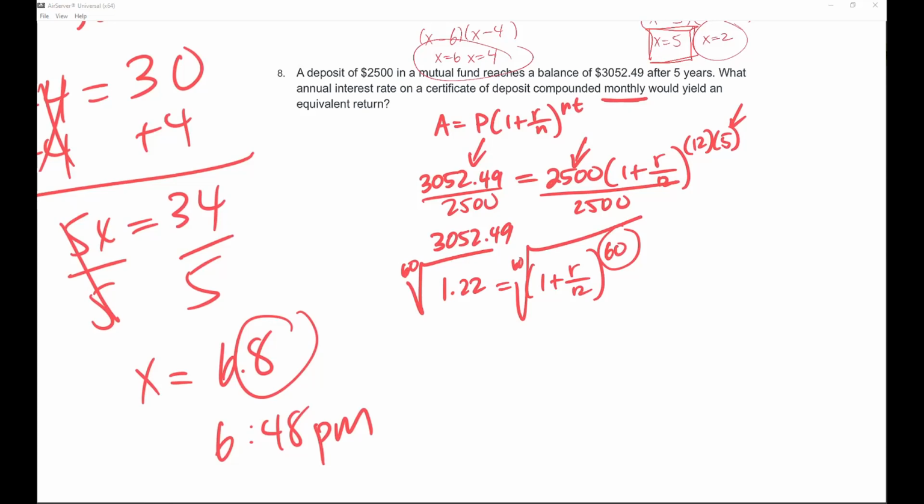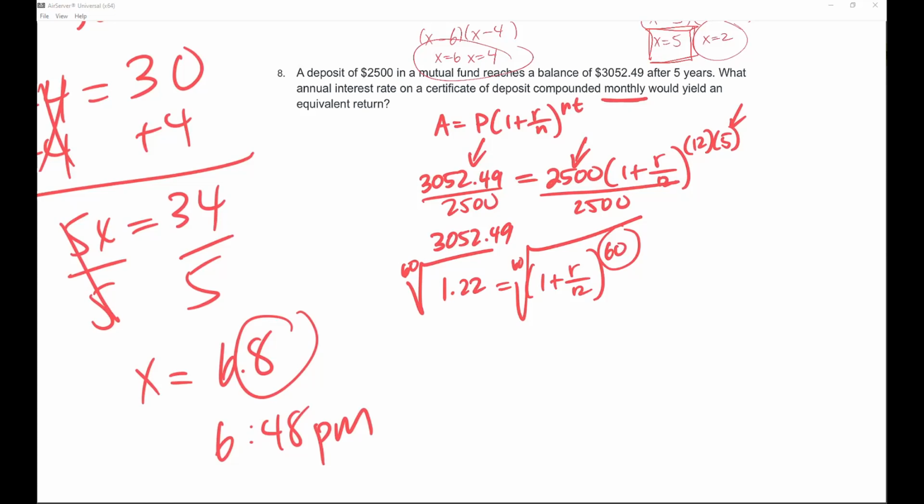I'm taking the 60th root, it's kind of hard to do on a calculator, but it depends on the calculator. I'm using the Google calculator here, and you put 60 in front of the radical, and then you put